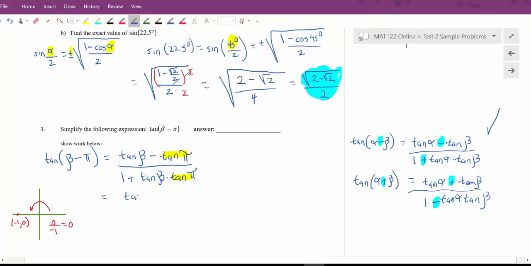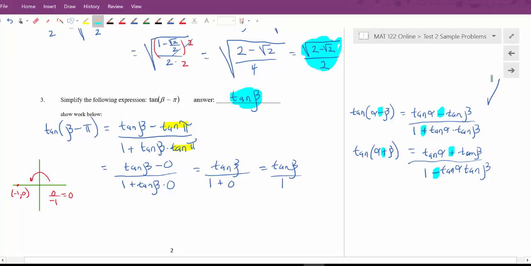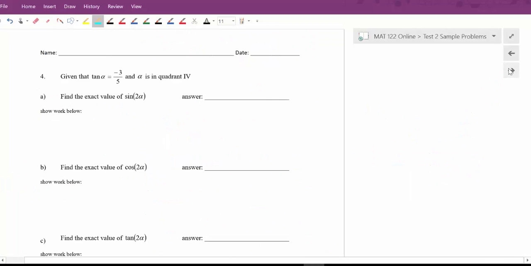We're going to have tangent of beta minus 0 over 1 plus tangent of beta times 0. So the numerator is tangent of beta. Denominator is 1 plus 0. So you get tangent of beta over 1. Or the answer is going to be tangent of beta. Okay, so yeah, it's just knowledge of the identity and showing that you know how to use that identity. Okay, on the next page,